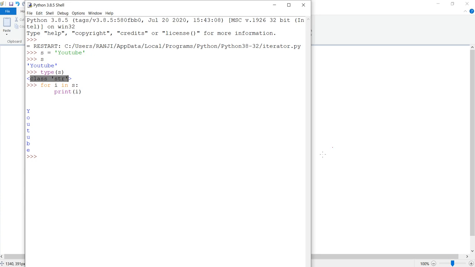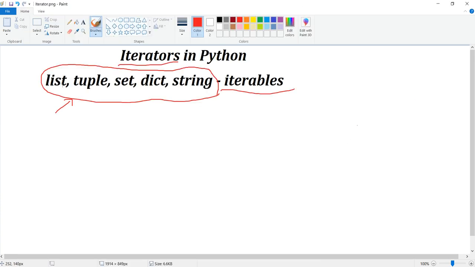In the class of these data structures, that is list, tuple, set, dictionary, there is a method, in fact, called __iter__, and it takes an object which is iterable.